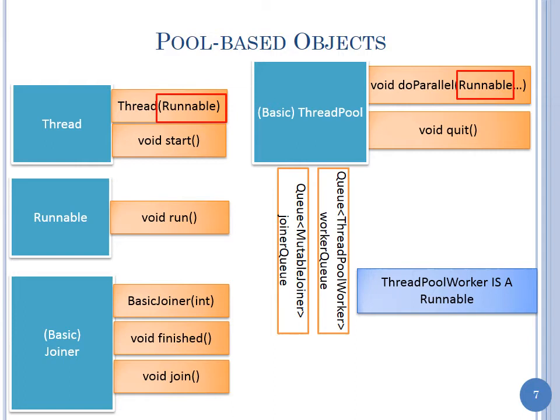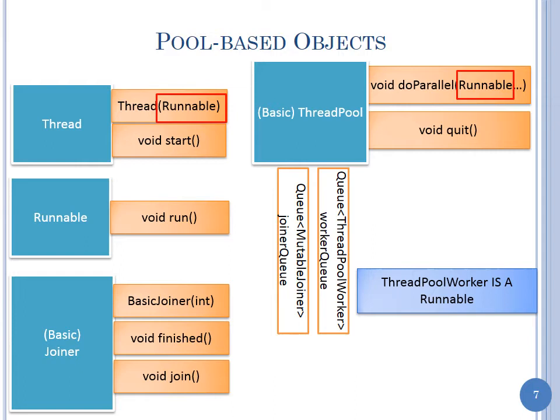So we're going to have our worker queue be a queue of thread pool worker. It's a new interface we define. And our joiner queue is going to be a queue of mutable joiner, which allows the count to be reset. Okay. So the tricky part now here is